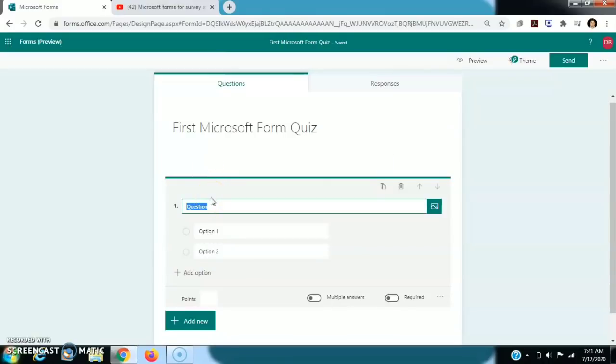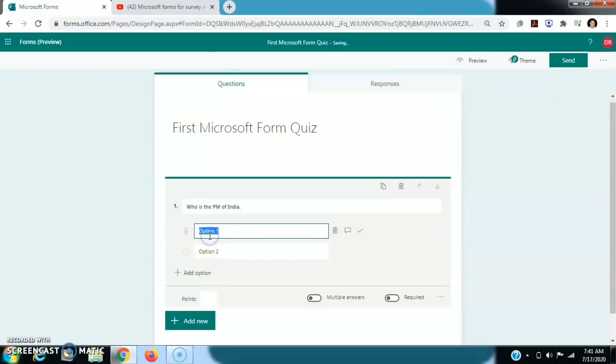Suppose I choose, who is the PM of India? Option 1, Narendra Modi. Option 2, Amit Shah.